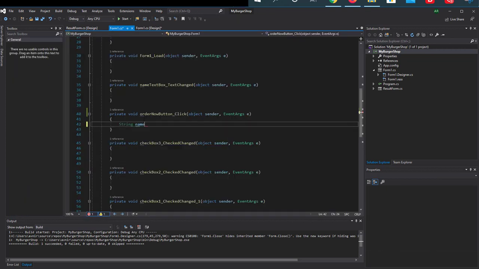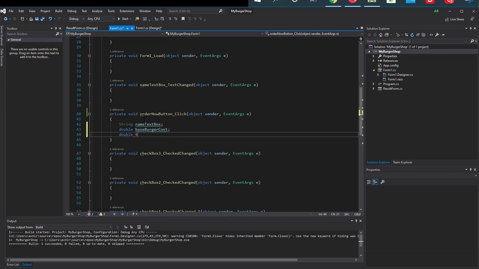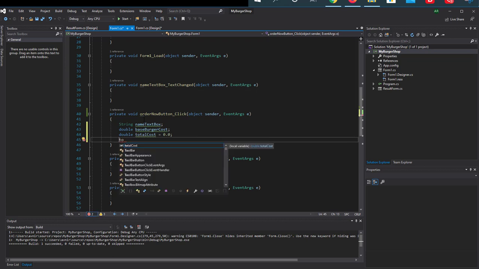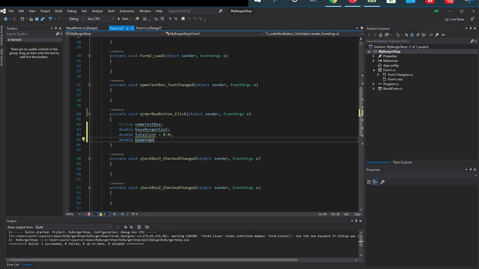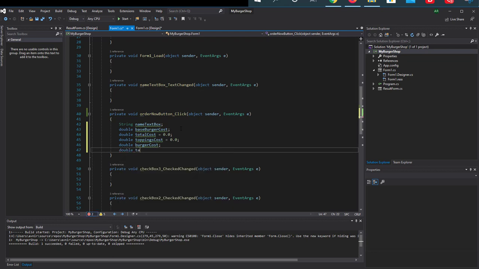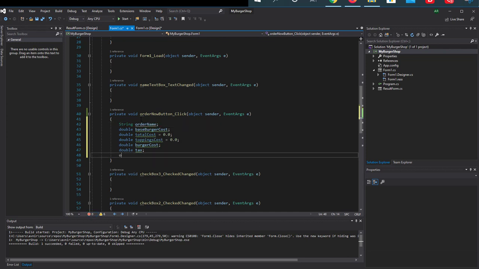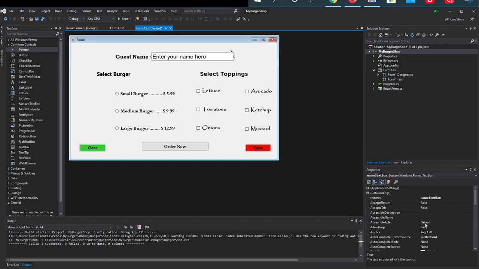We have a string text box. We have a double base burger cost, double total cost, which we have to initialize. We have toppings, going to be a double too. Toppings cost, burger cost, tax. Name text box, string order name. It's going to be equal to name text box